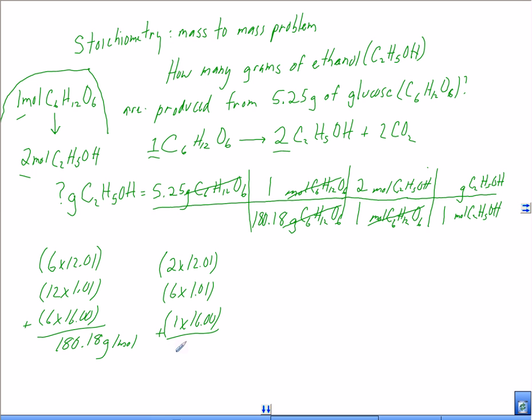Now, again, using the shortcut here, I'm just going to add all these values up once they're multiplied, and we get 46.08 grams per mole. So 1 mole of ethanol is 46.08